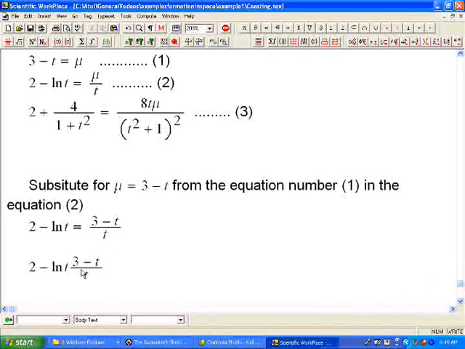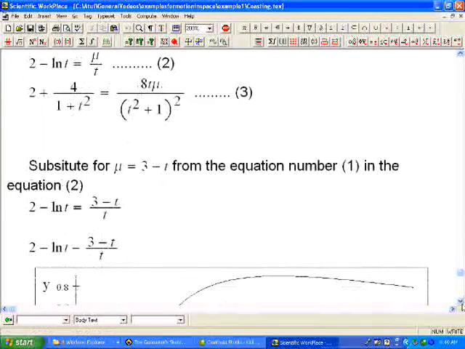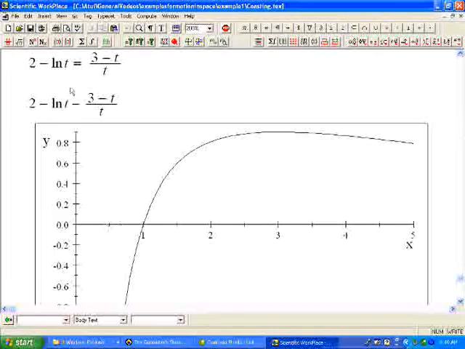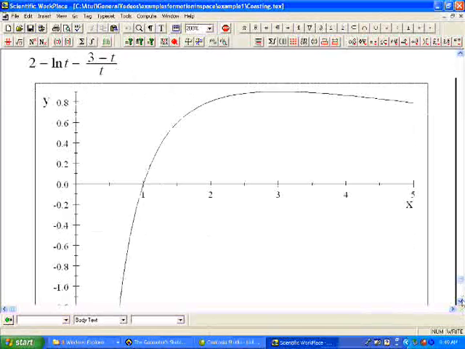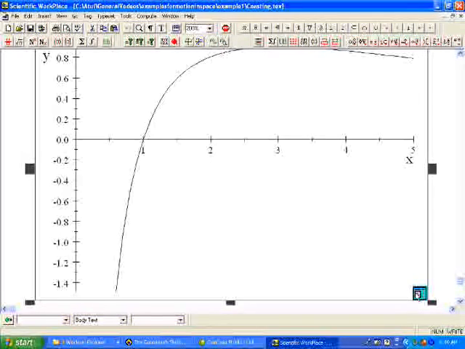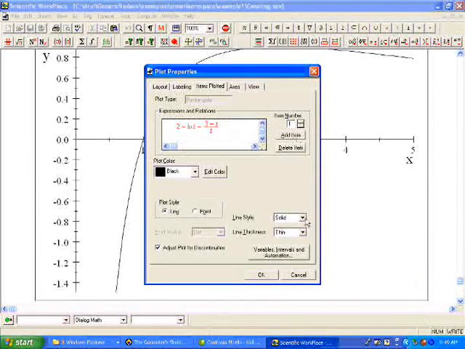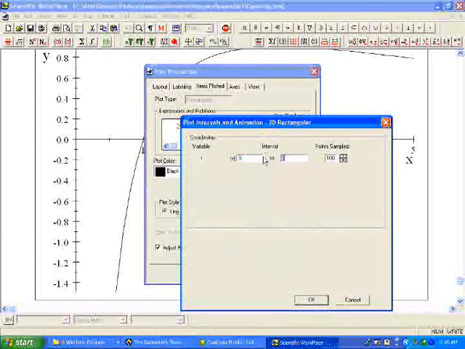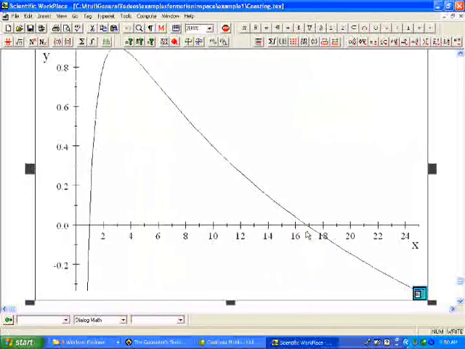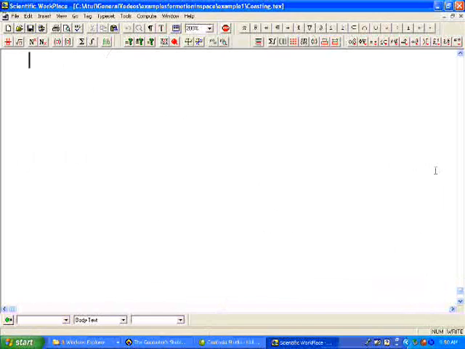So anyway, let's try graphing it, and if we graph it, you can see that t equals 1 is a solution. Just substitute t equals 1. The equation is an identity. So there is something we can look at later, but let's see if there is another solution. And yes, there is another solution, 16 point something. Alright, so we have t